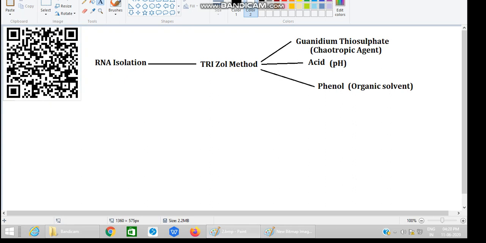Now you may ask, sir, why exactly are all these 3 things needed? In order to isolate RNA, where do you have to go? RNA is present where? Inside the nucleus. So in order to isolate the RNA from the nucleus, you have to do so many things. First and foremost, you have to destroy the cell membrane. If a cell wall is there, you have to destroy the cell wall. Then you have to enter into the cytoplasm. From the cytoplasm, you have to destroy the nuclear membrane. After the nuclear membrane, there will be the nucleolus. That nuclear material, that also you have to destroy.